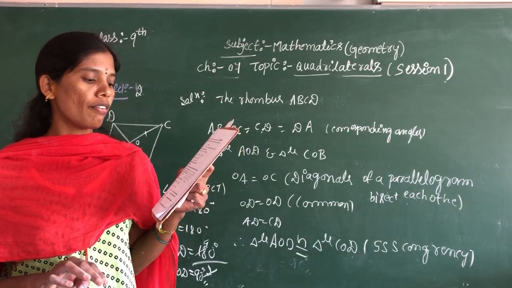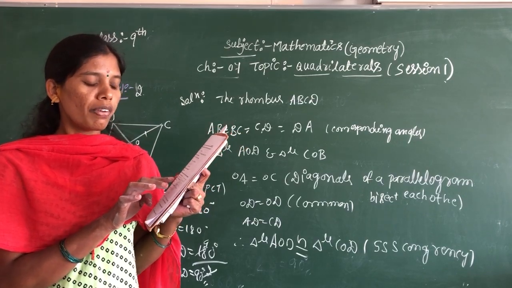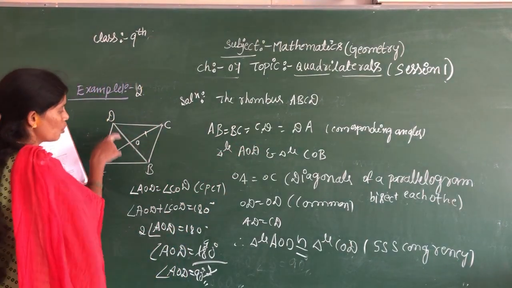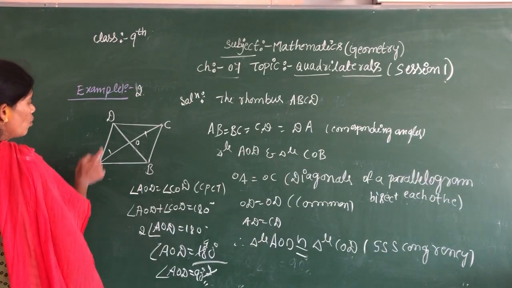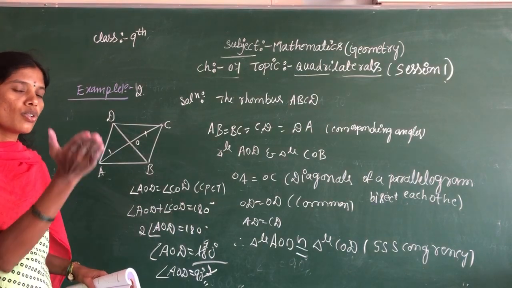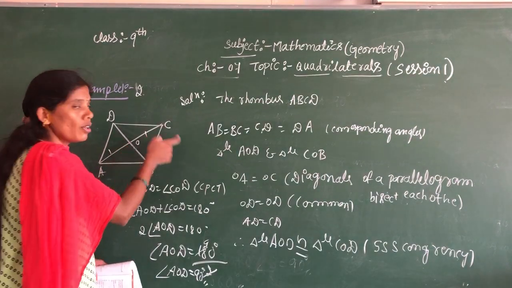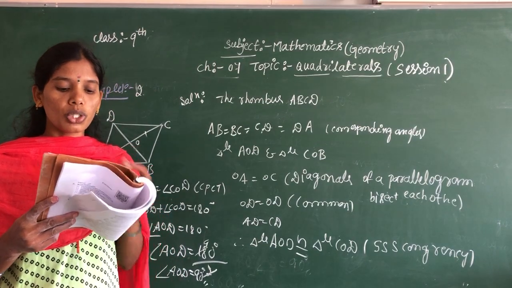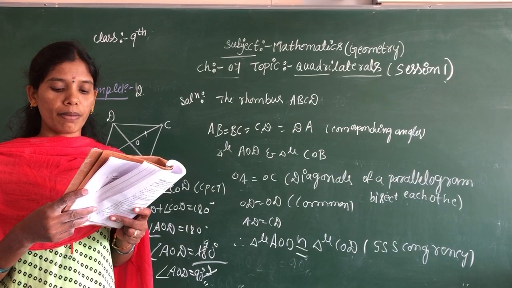Show that the bisectors of angles of a parallelogram form a rectangle. Bisector means you should put the diagonals. You should take the two diagonals. These are the bisecting points. Bisecting points means AO, OA and OC, so one straight line is divided into two parts. This is AO and OC, the bisecting points. In example 5, we should show that the bisectors of angles of a parallelogram form a rectangle.